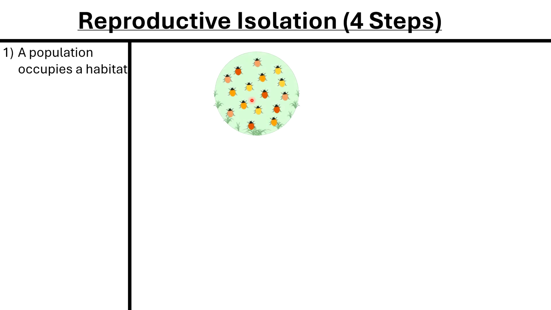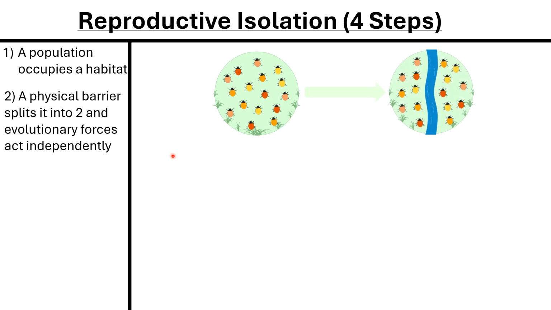Looking at the 4 steps of reproductive isolation, to the left you'll have the written step, and to the right you'll have the nice little diagram that I've prepared. So firstly, we'll have that a population occupies a habitat. So far so good. Step 2, a physical barrier such as a river splits it into 2 evolutionary forces that